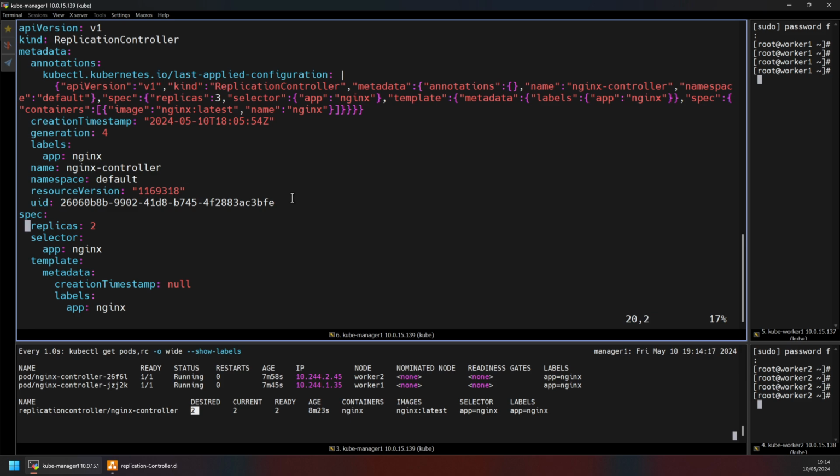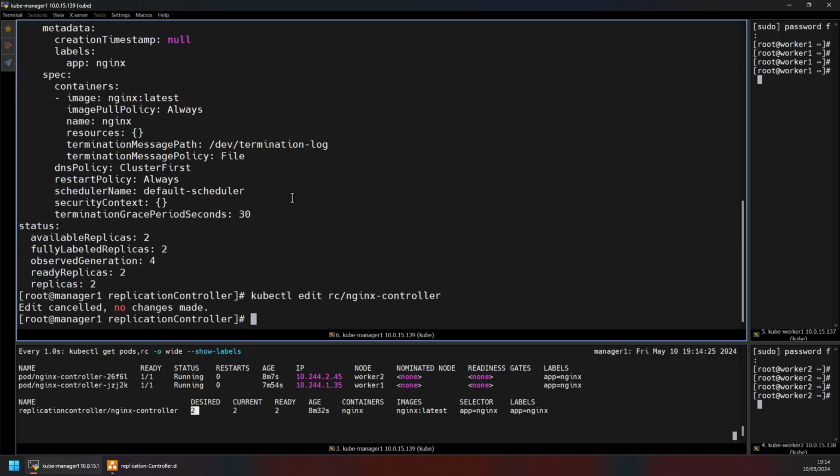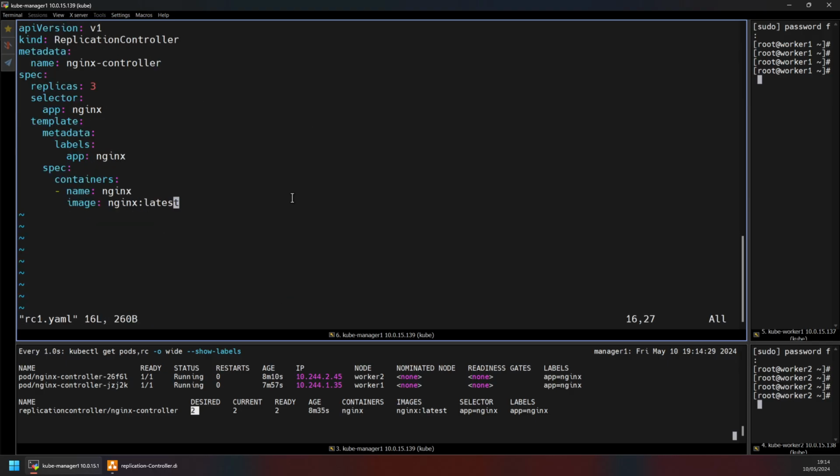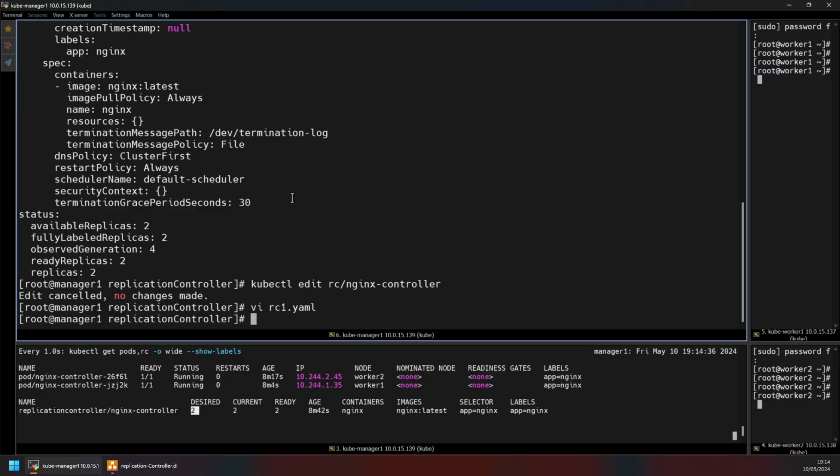When you change anything on the runtime environment, it only changes the current runtime environment, but it will not save that change permanently. If you want to have this change permanently, you need to edit the YAML file which actually has that detail, so that when you spin up using this YAML file, that change of desired state 2 would be achieved. Unless you modify the YAML file, the next time when you create this, for example,